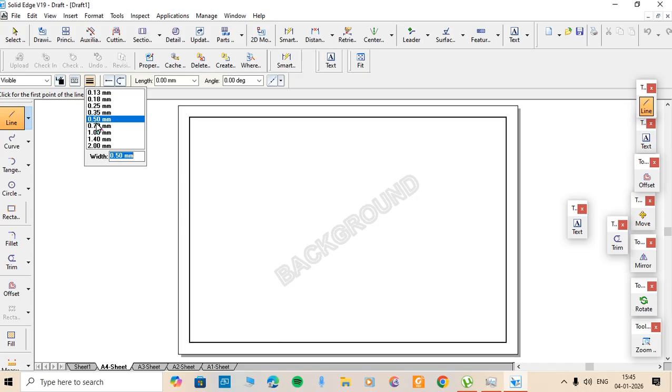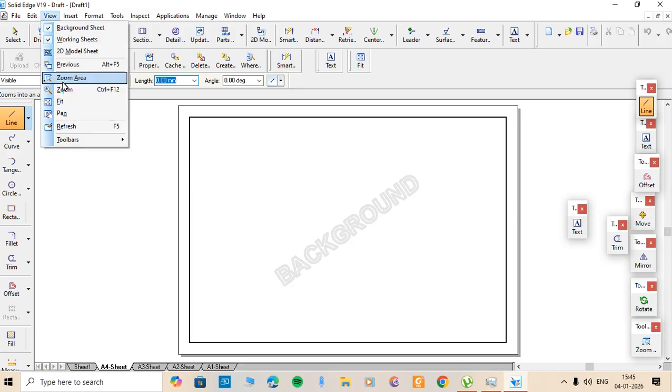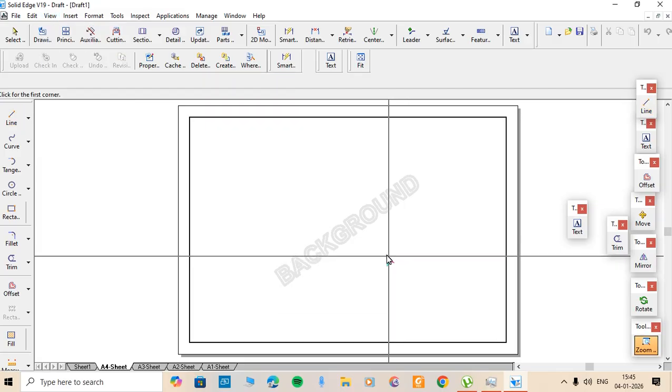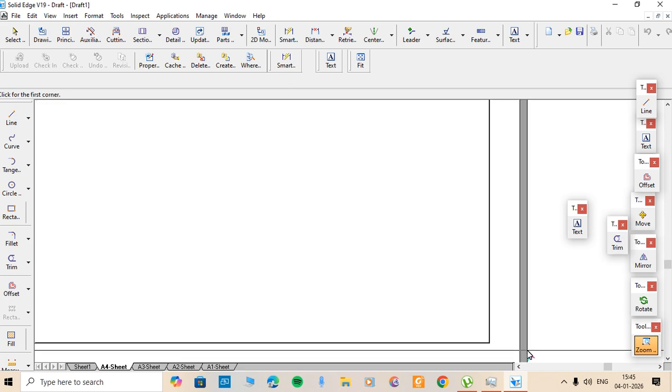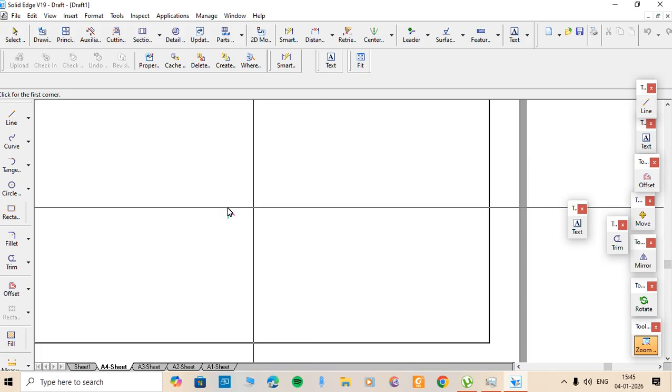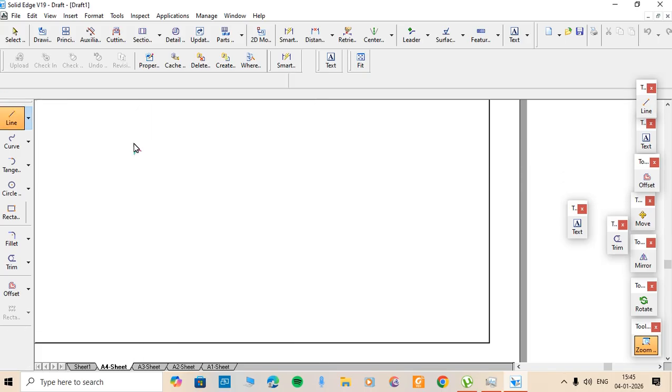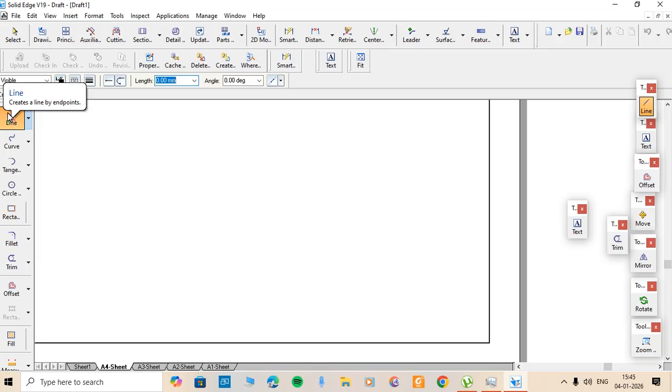Next, for clarity purpose, I will zoom area. I will zoom this bottom part, which is useful for creating a table. Just I have zoomed that part and I need to right click. Whenever I right click, once again the command will be activated. So left click on line. Then from this point, left click once again. From here, the length you need to give is